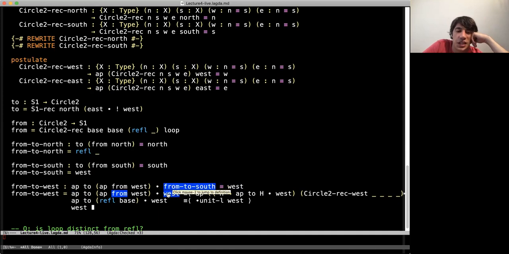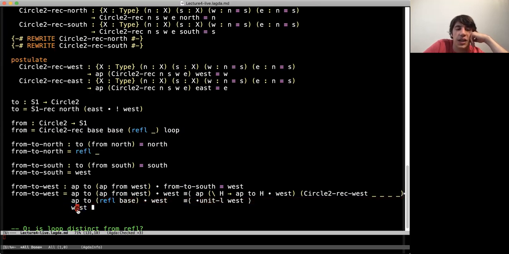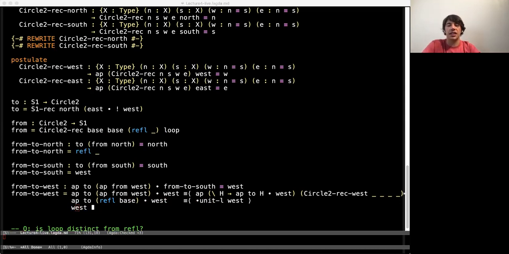And the reason is just this is west. And if you naively calculate from then to, then the map from the 2-point circle to the 1-point circle sends west to reflexivity, and app by definition sends reflexivity to reflexivity. So you get a reflexivity in this term, and then composing that with west gives you back west. So I expect this to be a little mysterious at this point, and it's not super important that you get the details. But next time, when we do the dependent elim, we'll talk more about why this is the